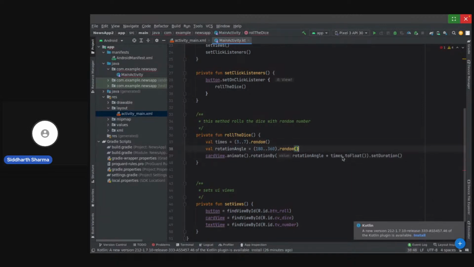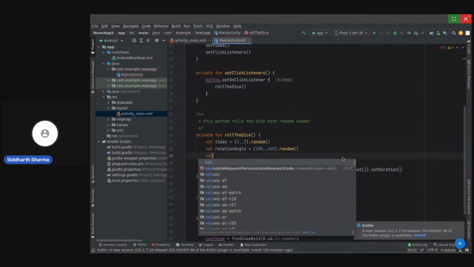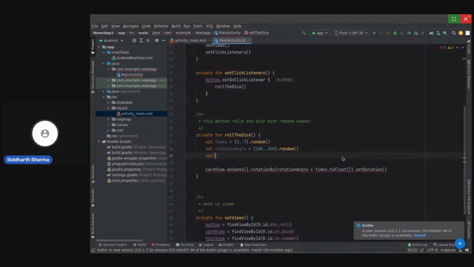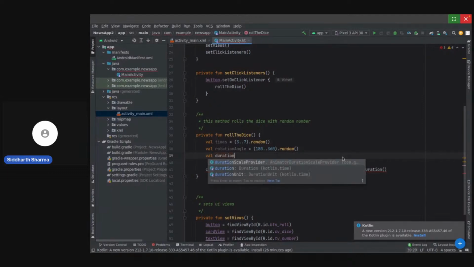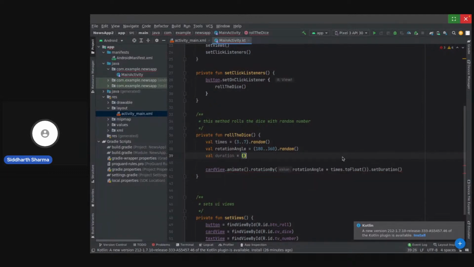And here I'll give it some duration. Just for the sake of giving it some realistic effect, let's also give it a random duration. Maybe between 2 to 4 seconds, random, and I'll multiply this by milliseconds, duration.